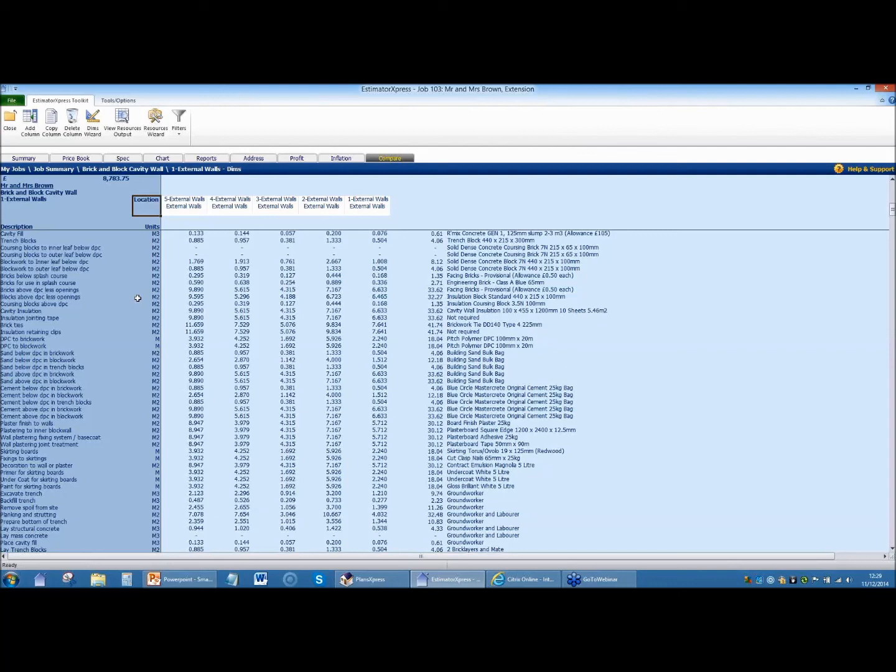So here you can see it's brought in the 5 walls. It's captured all the dimensions, lengths and heights of walls and so on, the foundation details that we selected in the dialogues as we went through. It then carries out some intermediate calculations to work out areas and volumes and so on, and it then assigns